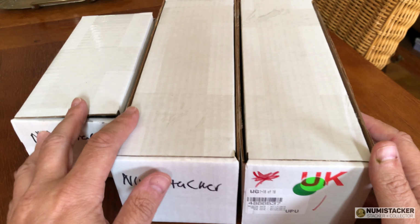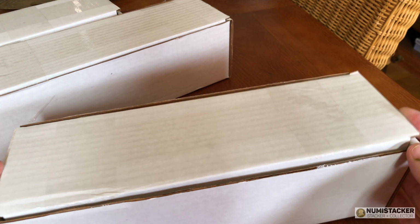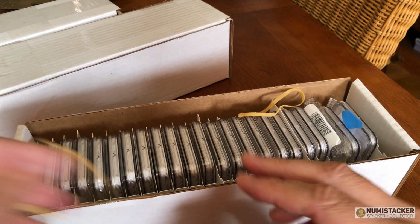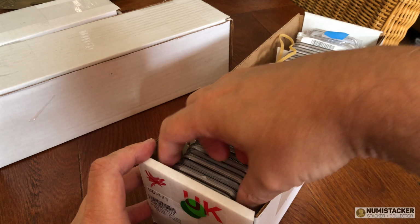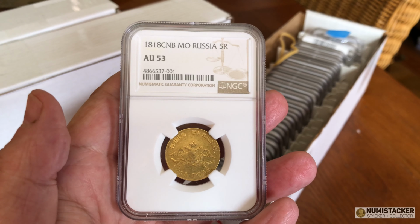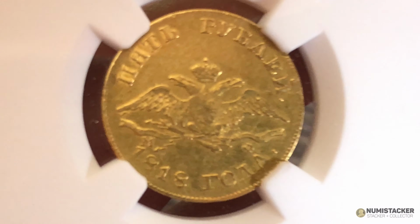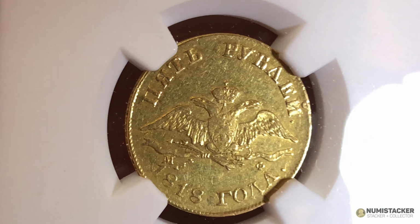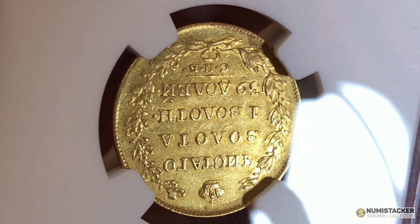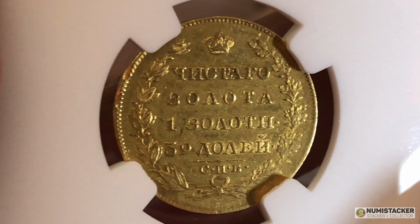Okay, now we've got that out of the way. Over the next few videos, we are going to take a look at some arrivals, continuing the Mega Results series of videos with a few boxes of coins that came back from NGC in the UK. And the definite flavour of this series of videos is gold, gold, gold, and more gold. Seems like most of the coins that have been submitted recently have been gold, and there's a lot of coins in these few unboxings that have been conserved by NCS for modern proofs, as well as some old gold like